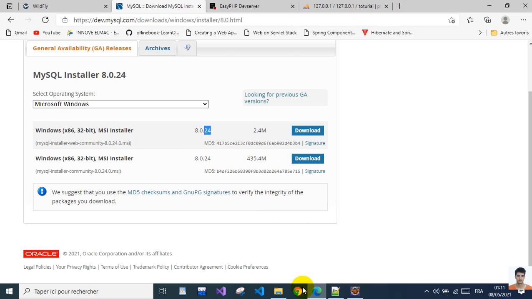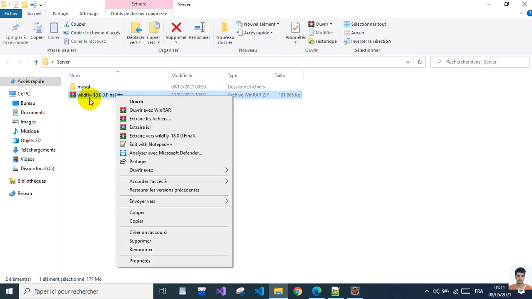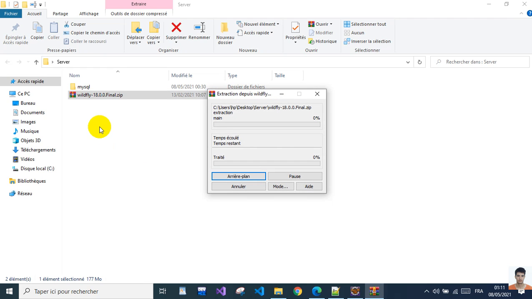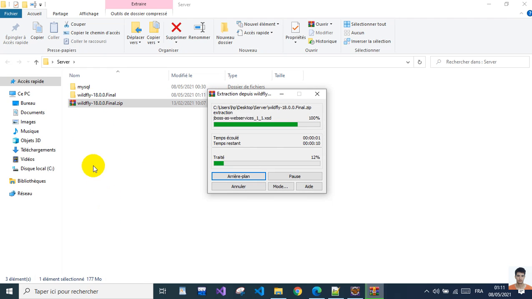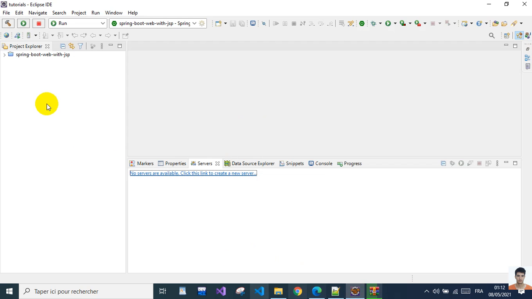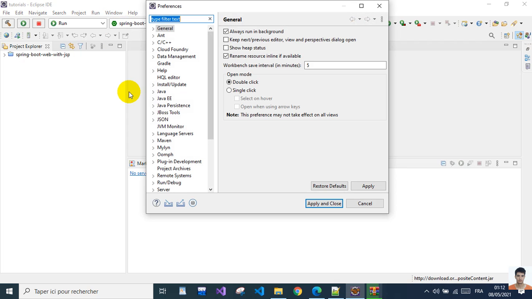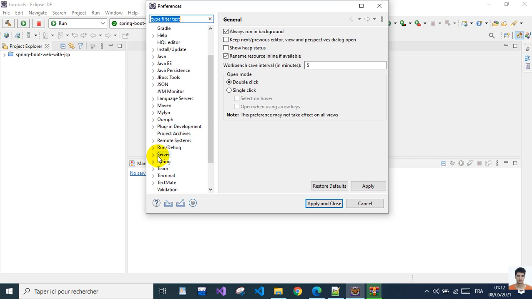and I already did. So this is the WildFly zip. I'm gonna extract it here. So this is the MySQL connector here. So it's already extracted here. No, it's not yet. So we go to Eclipse here and under Windows we go to Preferences, then we locate